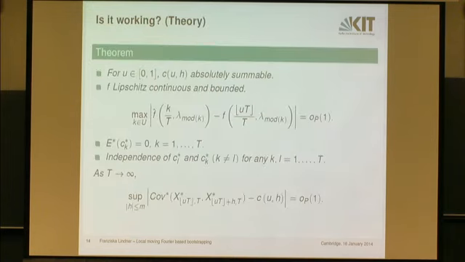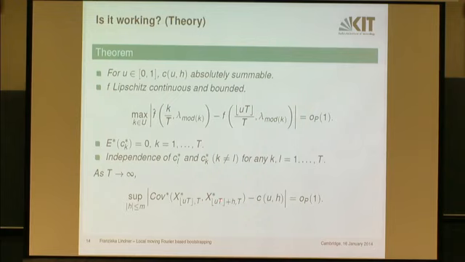The main theorem we've proved is that the moving TFT bootstrap actually manages to mimic the second order structure of locally stationary time series. We have the assumption that the time-varying autocovariance is absolutely summable, and the spectral density is Lipschitz continuous and bounded. We have this condition, this local uniform consistency. The bootstrap coefficients are centered, and they are independent. And then we can prove that the bootstrap replicate at time ut and time ut plus h